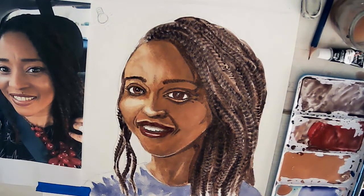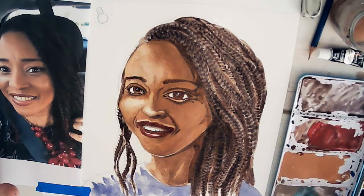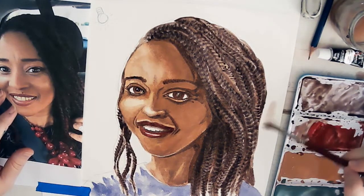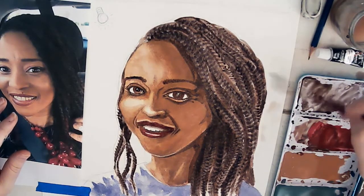Okay. So one thing we can do while a little bit of that face is drying again before we go in with really bright highlights is create a background. We're just laying a color down. Nothing too specific. I'm actually going to pre-wet the paper just so that it blends in. So I'm just going to, on this side, just pre-wet the paper. My clear water is not so clear anymore just because of all the painting we've done already, but